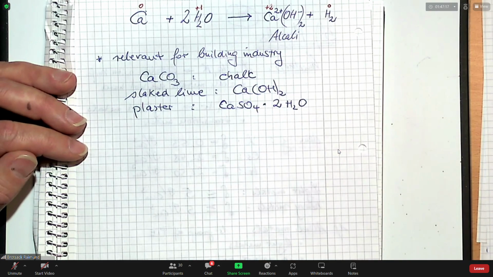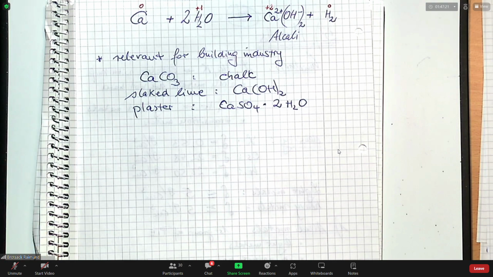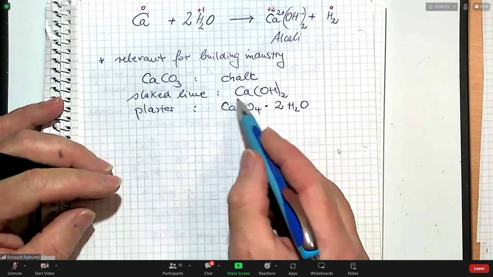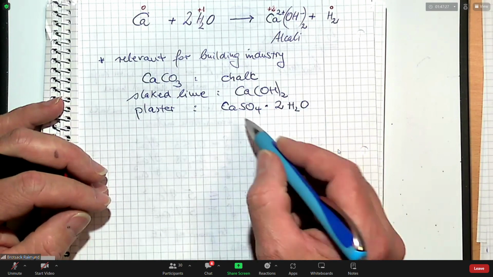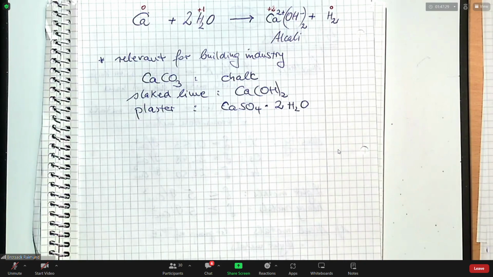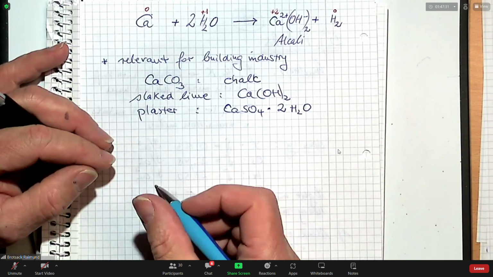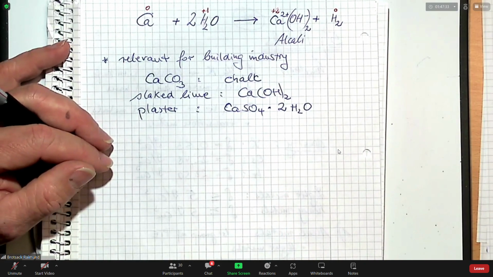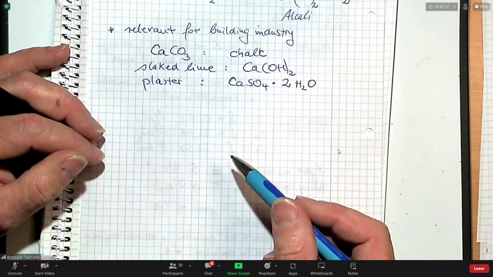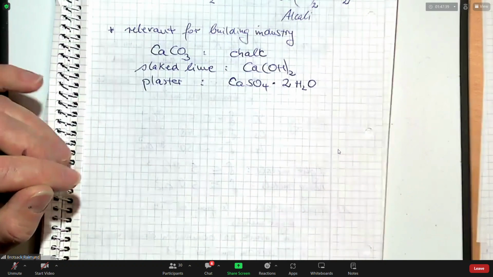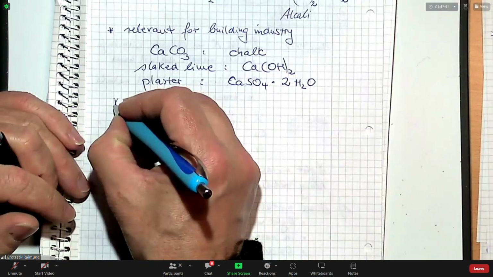It's more or less a not so strong interaction between the sulfate crystals and the water molecules. Two of them are oriented around them. That's the cluster. So maybe you heard about that in the building industry. It is even relevant when we talk about